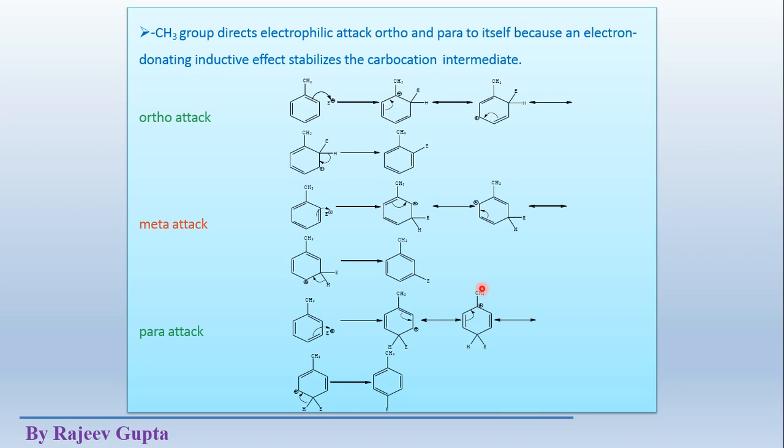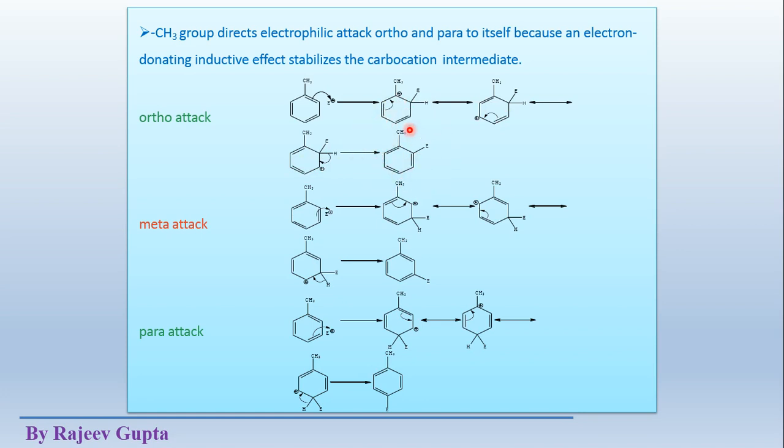Now how do we compare which is the more stable intermediate? To check the reaction feasibility, we check the stability of the intermediate, or the energy of the intermediate. Where the energy of the intermediate is lowest, or the stability is highest, that product will be formed as the major product.